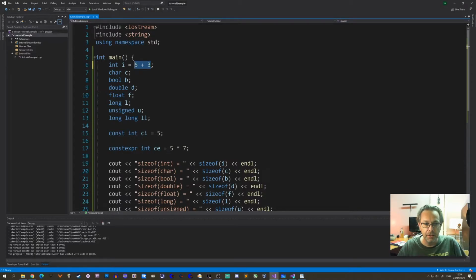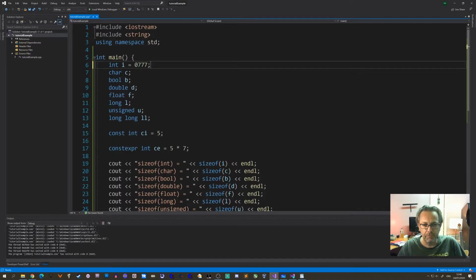But this thing on the right side is a constant. Now for integer, that's quite clear. But this is now in the decimal system. In C++, you can do some other things as well. For instance, I can use an octal number. Any number that starts with a 0 and has digits after it that vary from 0 to 7 is an